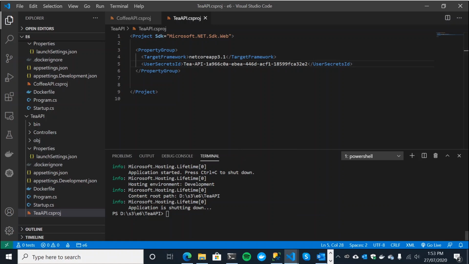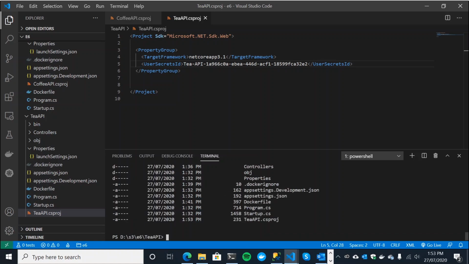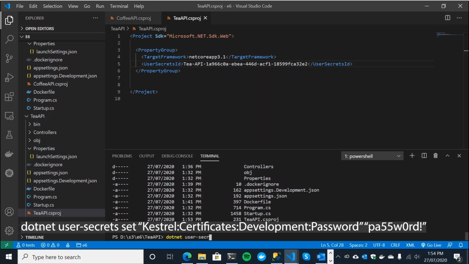Next thing we need to do for both of these is actually create our user secret for both. We're in our T API project at the moment, so doing a quick listing down here, we can see, where is it? T API CS proj, cool. So we'll create a user secret for our T API now. The way you do that, again, is dotnet user-secrets set, and then it's just a key value pair. The key you'll see in a second, and the value will be whatever password you used for the T API certificate. So